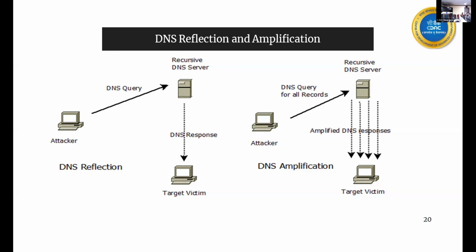In LAN, I will have a DNS server running somewhere on the internet, and I will spoof the IP address of one of your systems and send the DNS query to the internet DNS server. The reply will go to you, and you will see in your Wireshark or tcpdump that one unwanted reply is coming to you. I can amplify also. I'll ask for all the records of google.com. I will be sending a 1 byte query, and you will be getting a 100 byte reply, 100 times bigger. Now I'll show you the demo, the DNS amplification attack.